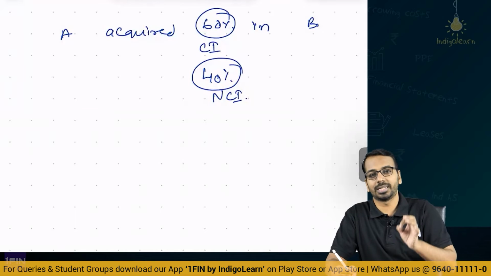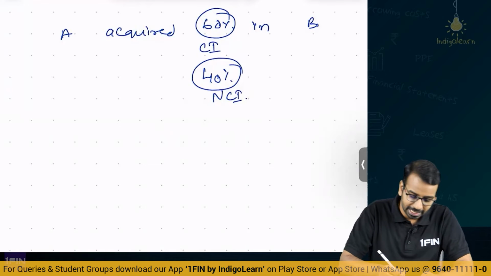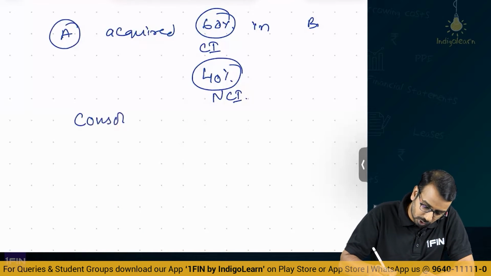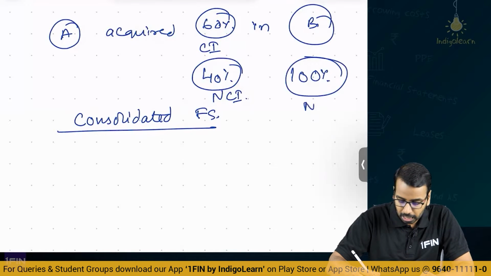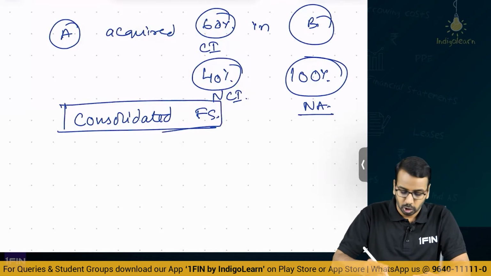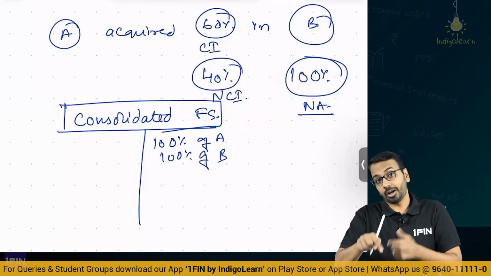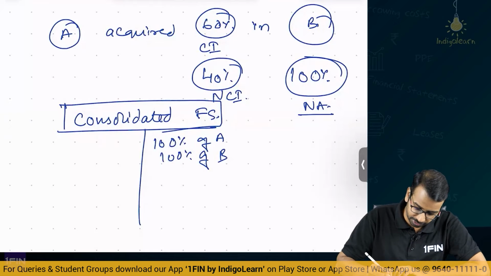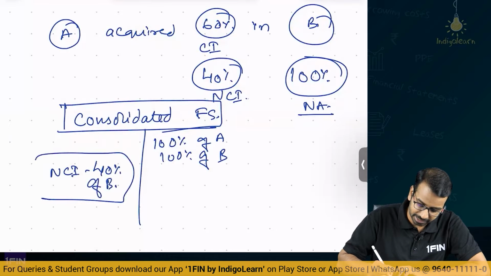Now, whenever there is a control established, when we do the acquisition accounting as per Ind AS 103 or subsequent consolidation, A will prepare something called as consolidated financial statements by considering 100% of net assets of B. So, 100% of net assets of B will be incorporated in this consolidated financial statements. So, this consolidated financial statement will have 100% of A and 100% of B. But sir, we only control 60%? Yes. So, what we will do is, here we will have something called as non-controlling interest, which will tell us what is 40% of B that they take, right.